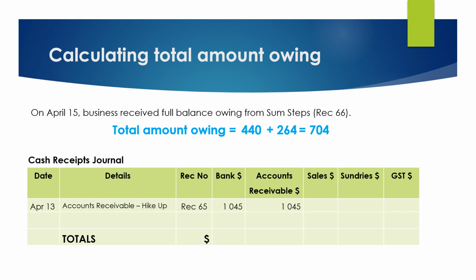Here's how we record the amount paid from Some Steps. So on the 15th of April, the business received full balance owing from Some Steps. Because this is a cash receipt, we therefore record this transaction in the cash receipts journal, starting with the date, followed by the details of the transaction and the document number. In the bank column, we record the total amount received, which was $704. And because we're receiving it from an accounts receivable, Some Steps, we therefore record the $704 in the accounts receivable